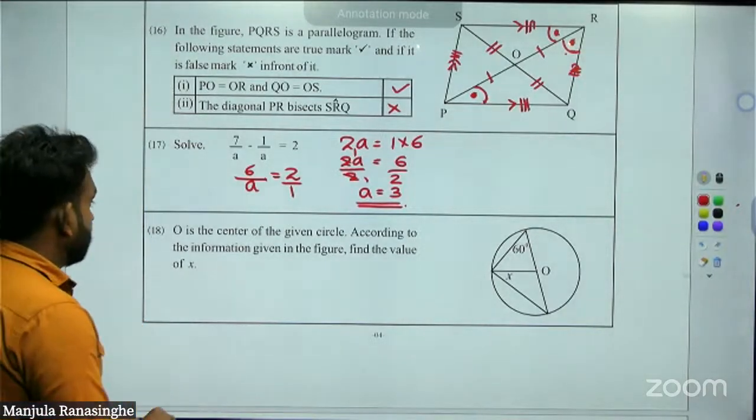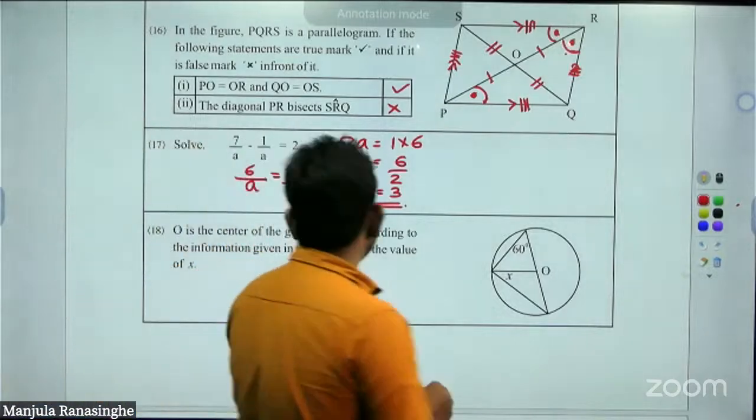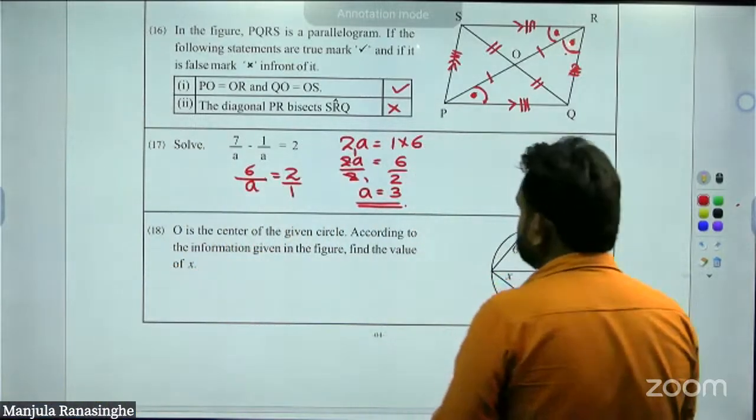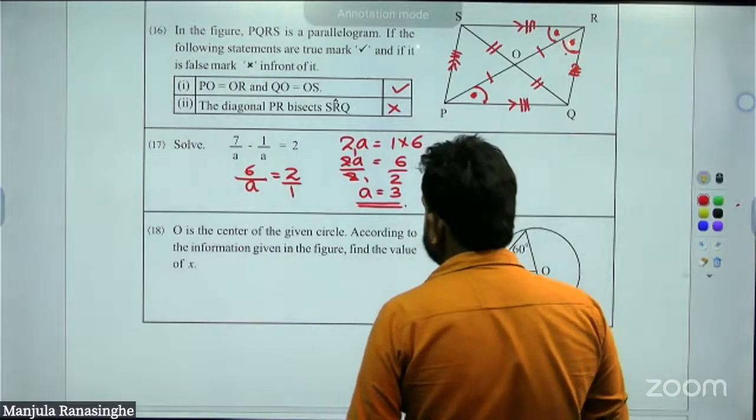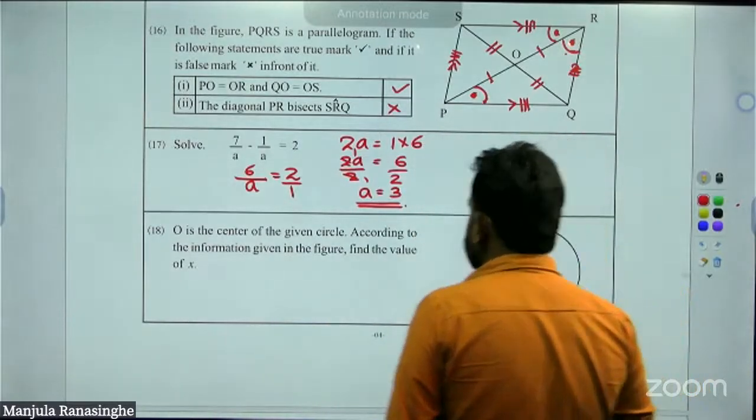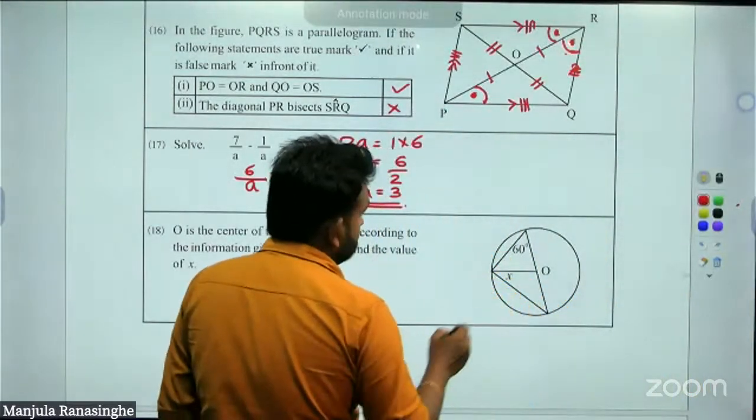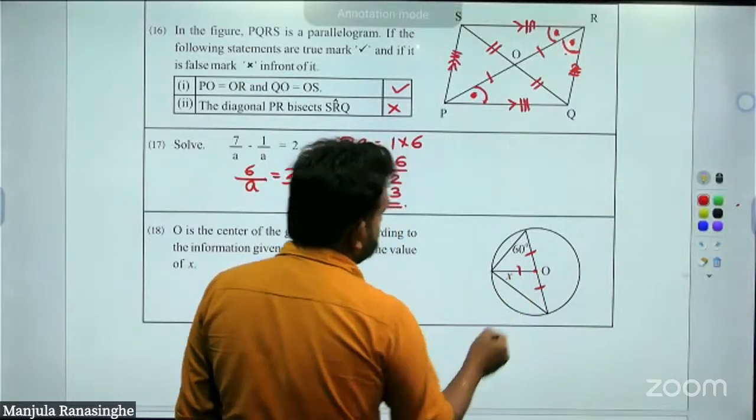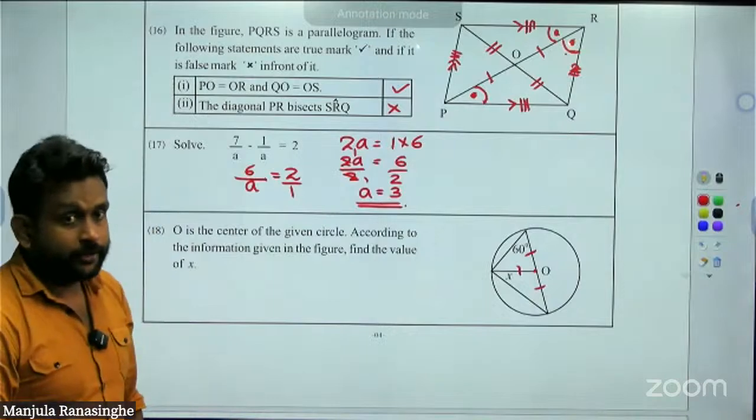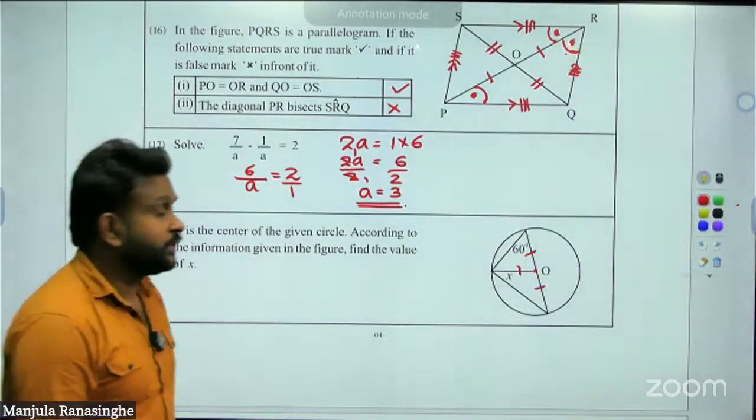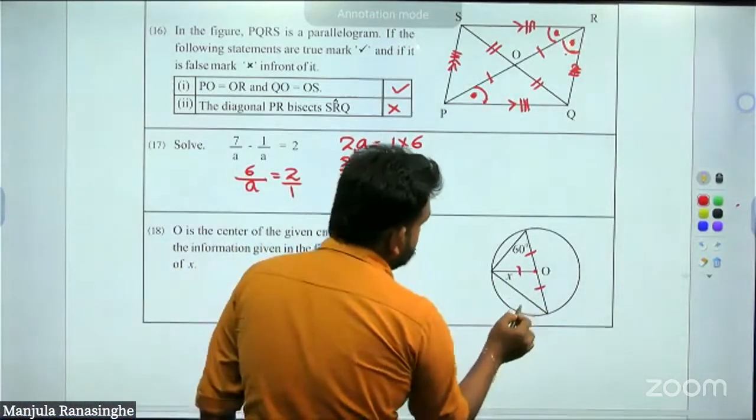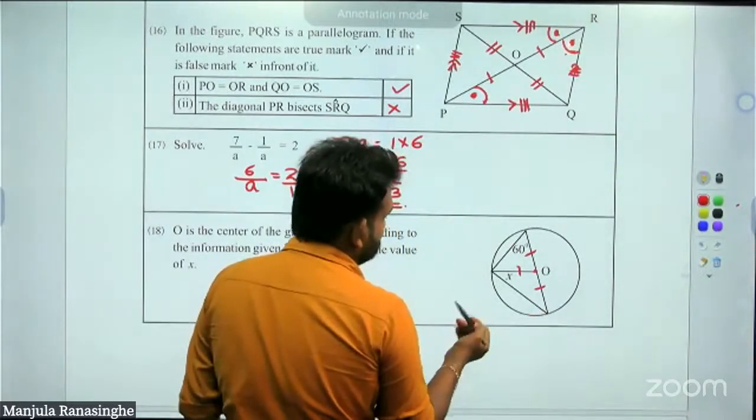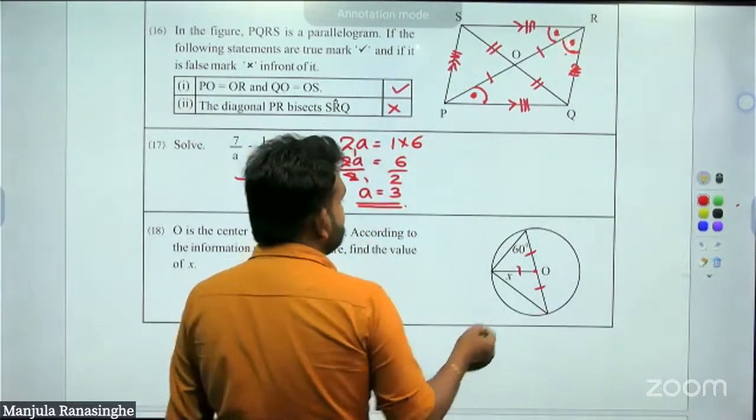Now, the 18th one. O is the center of the given circle. According to the information given in the figure, find the value of x. When O is the center, mark these radii, which are equal all the time. Now, if these two sides are equal, no need for that much, just know that it is